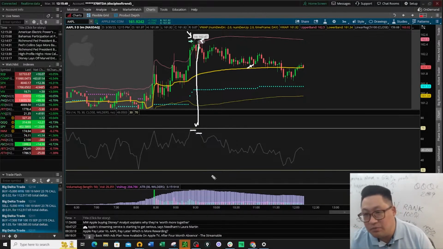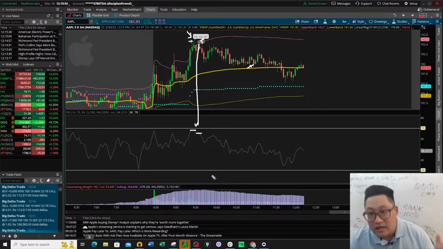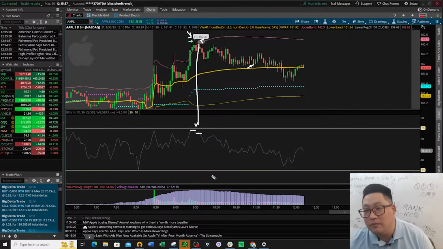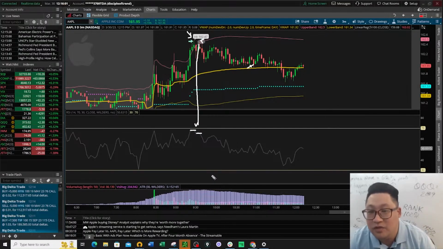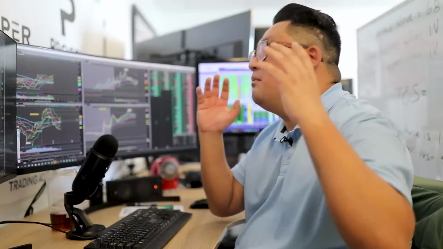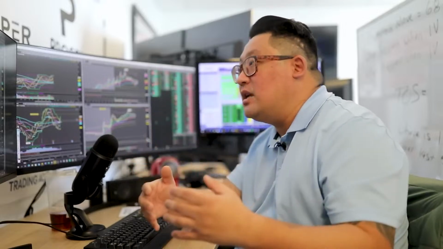Well, it's pretty simple. If it gets above 162.47, even by a penny, it's technically made a higher high. It's more likely to continue up. Even if it pulls back a little bit, it's more likely to be bought up and moved higher. But when the market recognizes there's a double top, and that we've rejected not once but twice at the same price, and that now all of a sudden the signal to the buyers is that we're not going any higher,